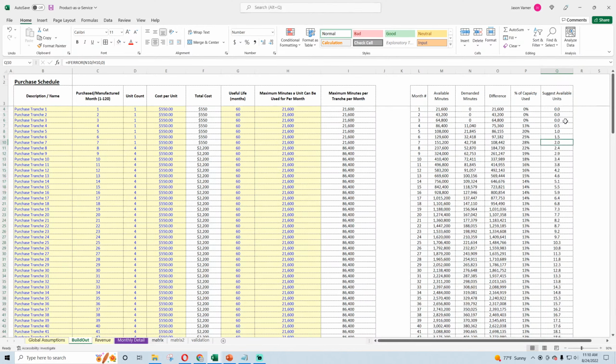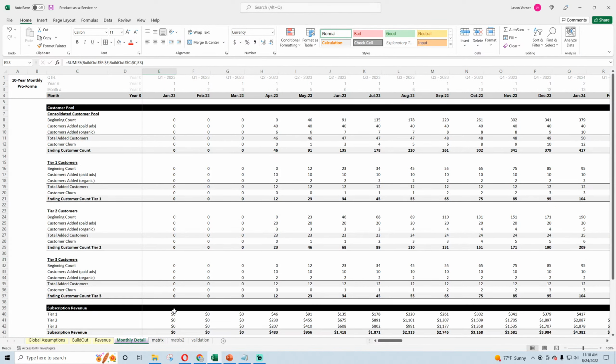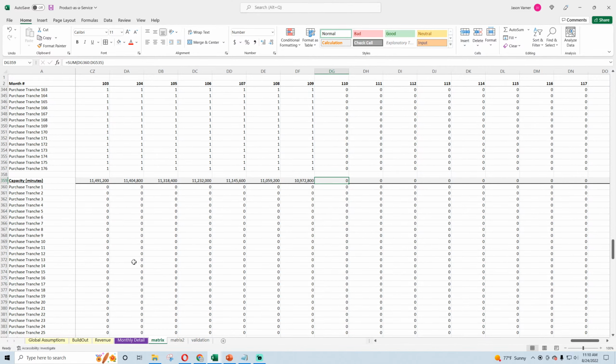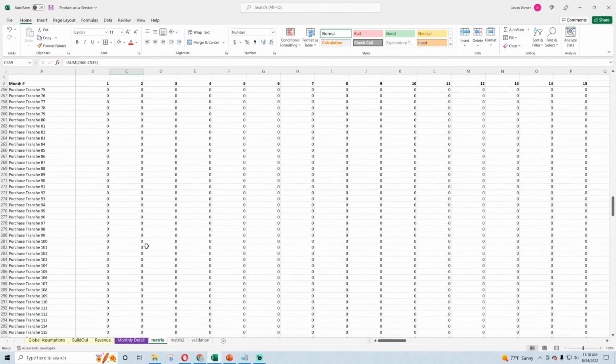So here we can see, well, actually, can I pull the actual units available? Where's that at? Do we have that somewhere? We have total purchased. I have capacity, but do I have a count somewhere? Active or not? Age.